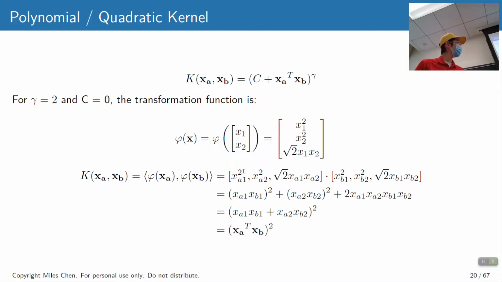Here's just another example of a different kernel function and a different transformation. So this one also goes from a point in two dimensions to 3 dimensions. So here we're going to take x, some point which exists in 2 dimensions, x1 and x2. And this transformation function could go to x1 squared, x2 squared, and root 2 x1 x2. And if you do this and apply it to the point xa and the point xb, and then you take the inner product of these two things, you'll get